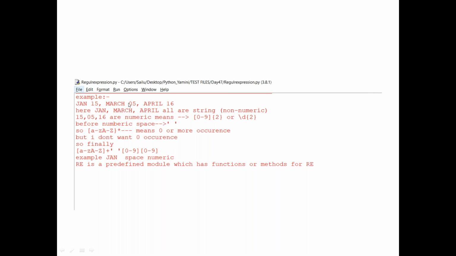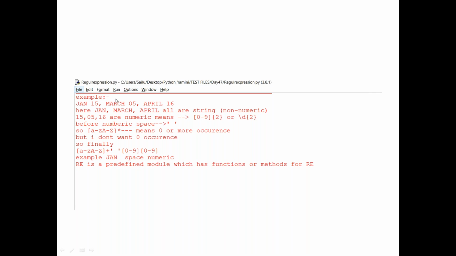So how are we going to represent this? To fetch the data, before the numeric there is a space. First thing, when they give a lengthy statement, try to understand how the statement has been written. Between January and a digit there is a space, between March and a digit you have a space, between April and the digit date there is a space. So first you need to understand that there is a space between your digit and a month, nothing but date and month. So the first observation is space. How do you identify it? With two brackets.